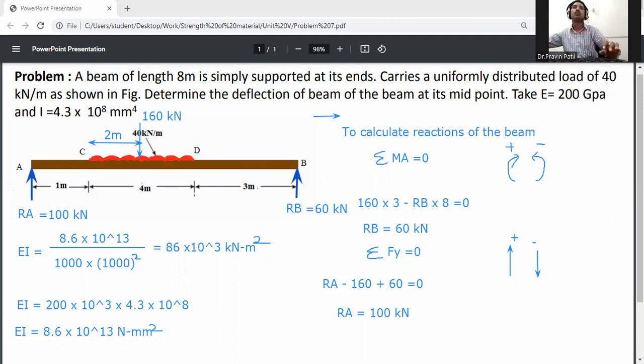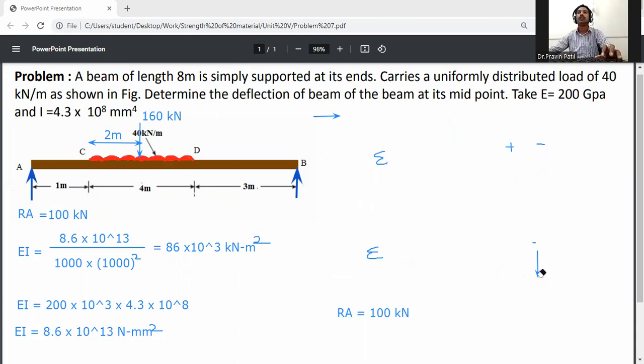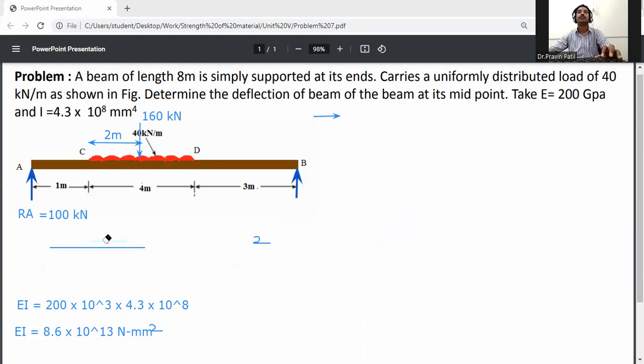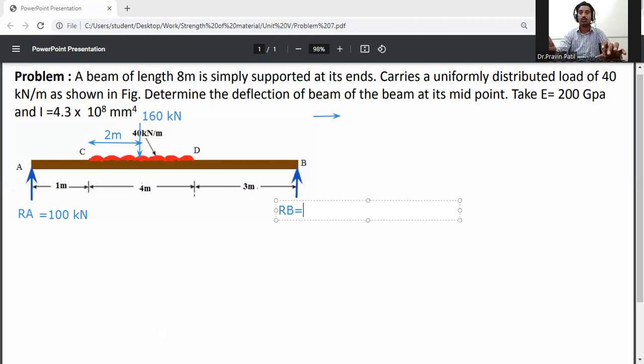Okay. The next step, calculate the reaction of this beam. The reaction of the beam, RB, is 60 kilonewton. Okay. Now